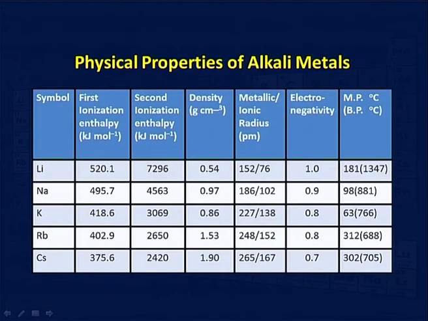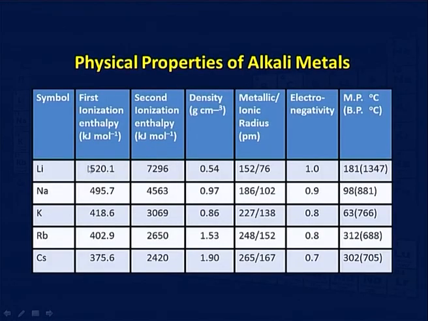Now, these are certain physical parameters which we have given you, and you can see from these parameters the first ionization energy is 520 kilojoules per mole. Now, you should know what is ionization energy, what is ionization enthalpy, what do we mean by that? It is the removal of most loosely bound electron in the metal in its gaseous state, and that is 1s1, you may have 2s1, 3s1, 4s1, 5s1 electron. Now, you can see here this 520 kilojoules per mole and this 495.